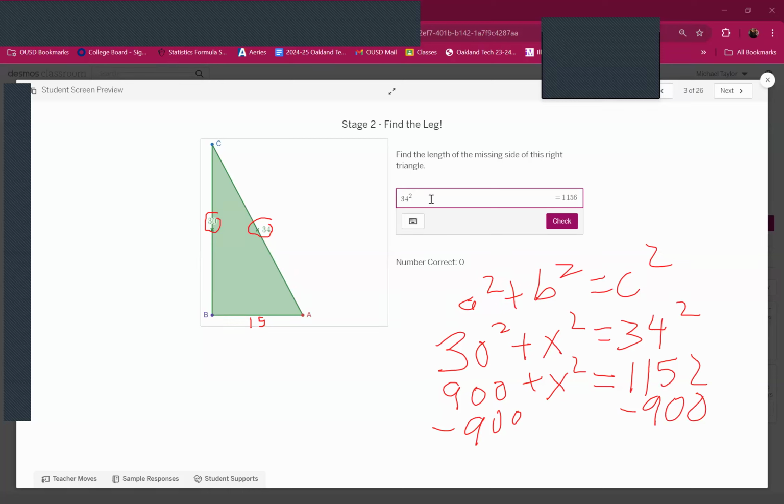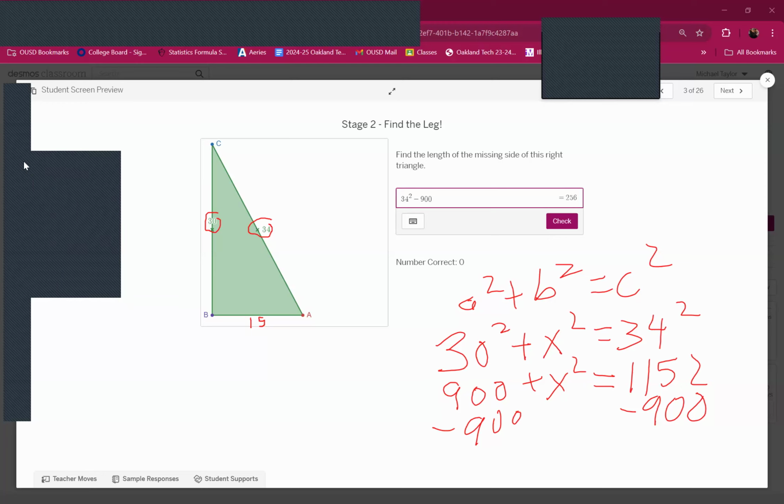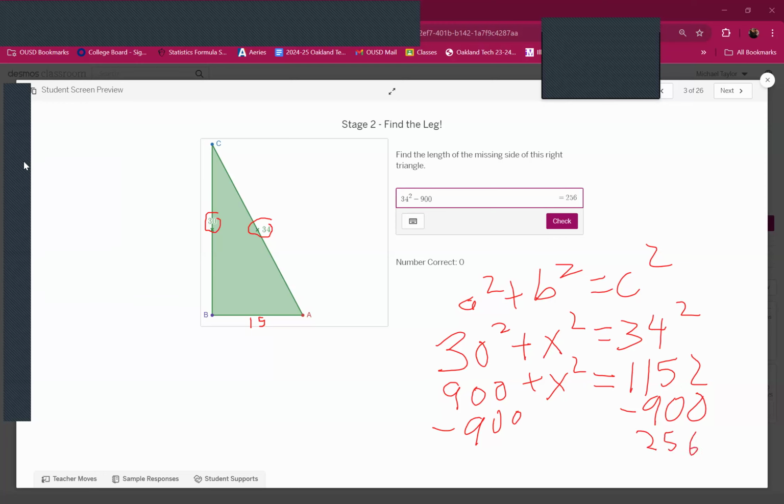I'm going to say, okay, I've got the 1156. Let's subtract out the 900. That's 256, which I probably could have done in my head. So that is 256 equals x squared. I'm running out of room, but once again, I want to undo the x squared. So I take the square root,